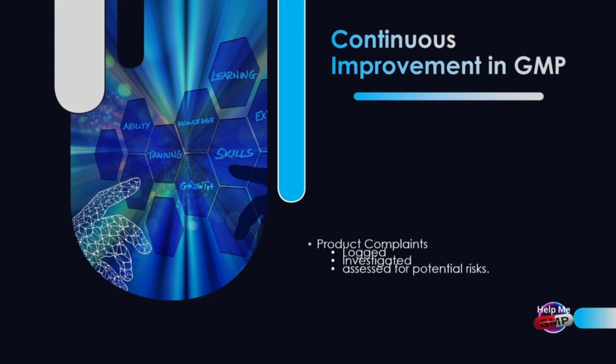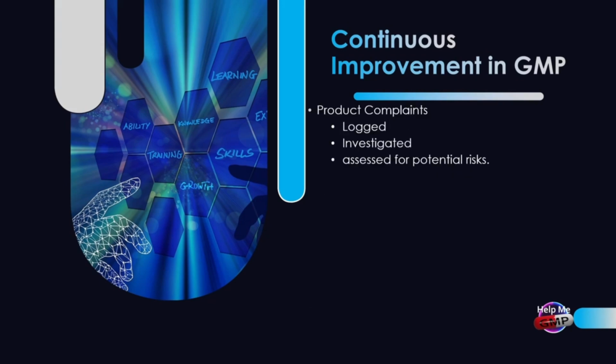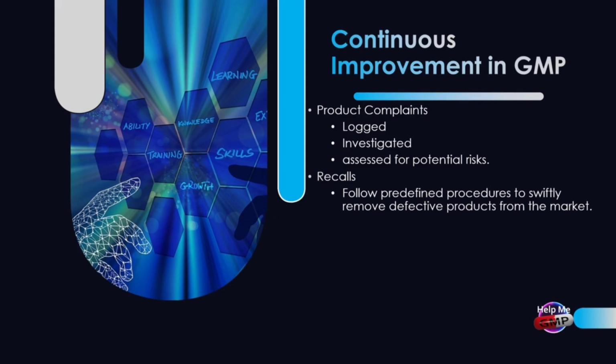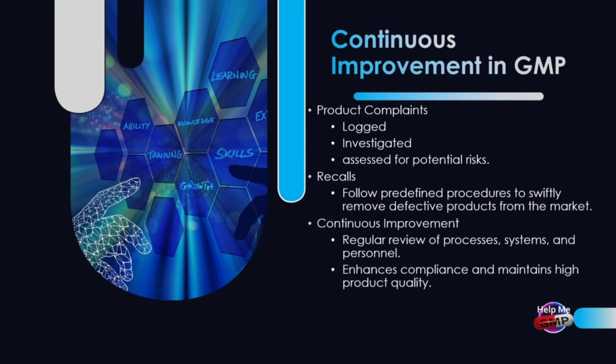Product complaints. These must be logged, investigated, and assessed for potential risks. Recalls should follow a predefined procedure to remove defective products from the market swiftly and efficiently. Continuous improvement. A key GMP principle that ensures processes, systems, and personnel are regularly reviewed and improved to maintain compliance